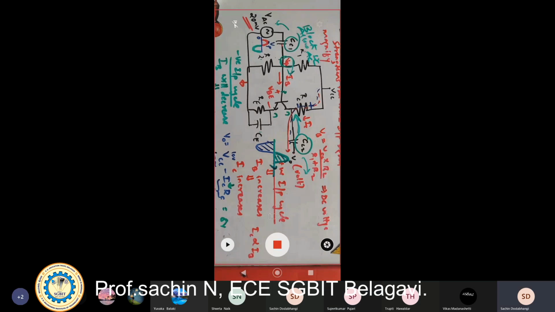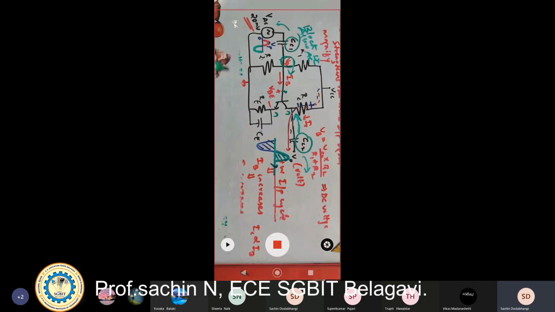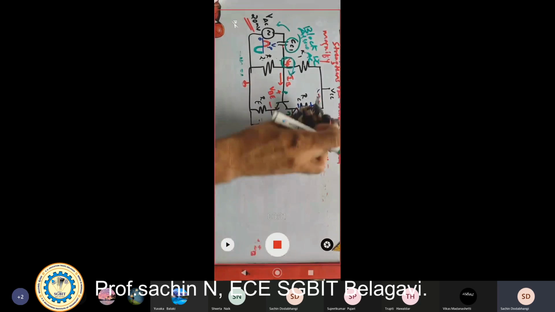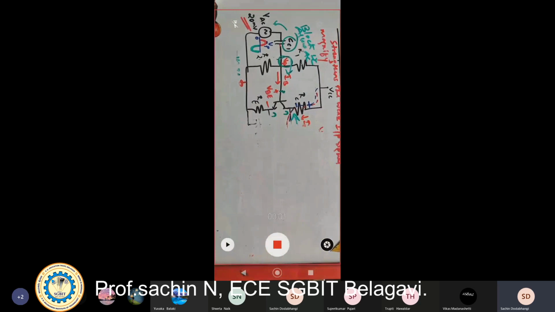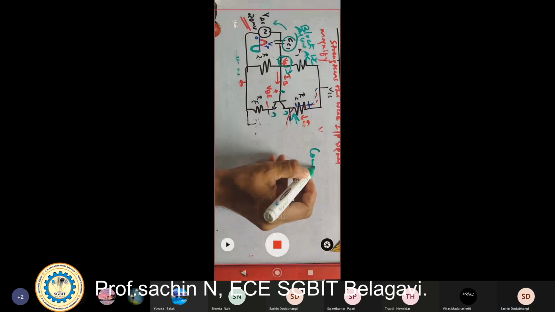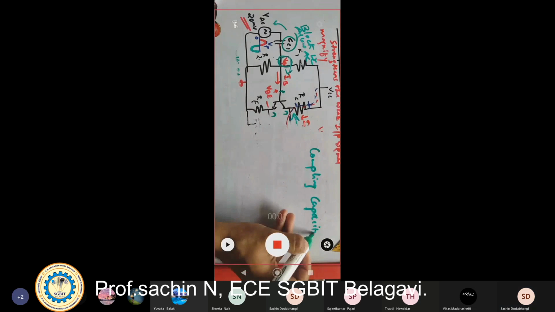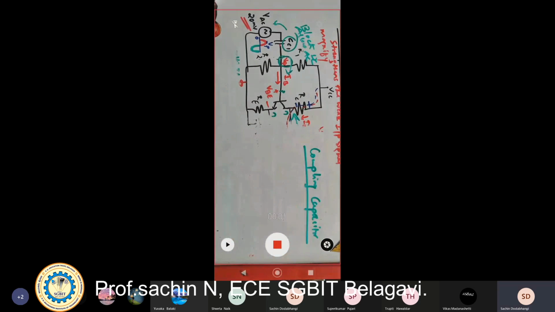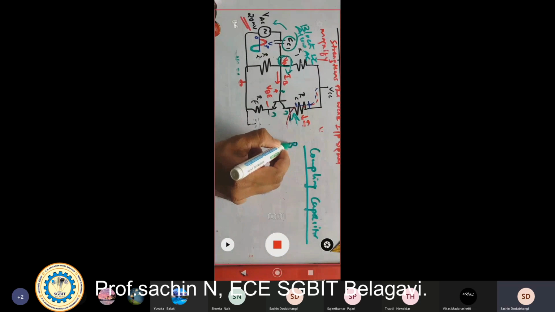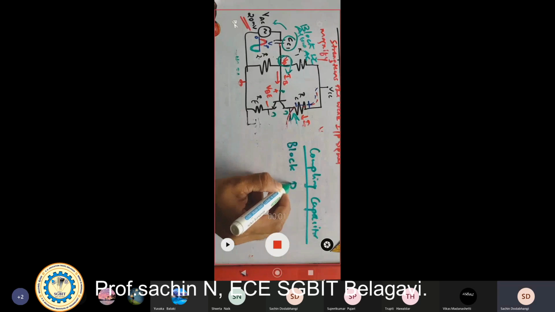Getting it till here? What is the function of CC1? It is going to block DC and allow AC. Why? Coupling capacitor, it is going to block DC and allow AC.